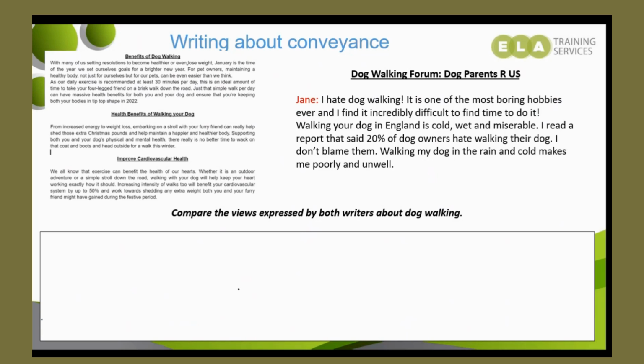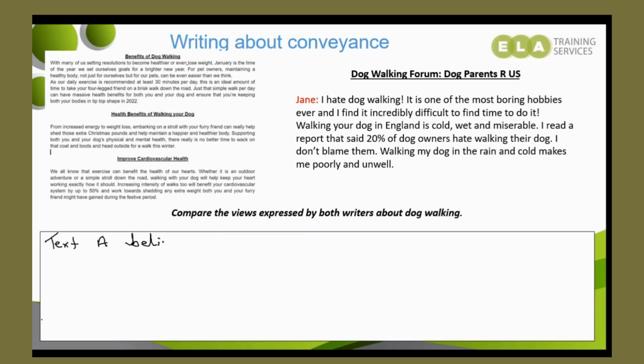So as you can see from text one, there is a lot of comments about the health benefits of walking your dog. Whereas in the second text, the writer comments that it can make her feel poorly and unwell. So that's one comment we can make. So we're going to say here, text A